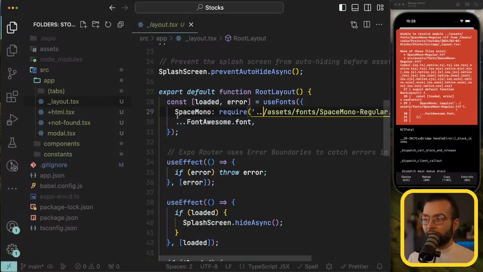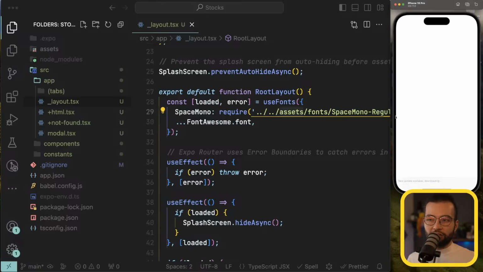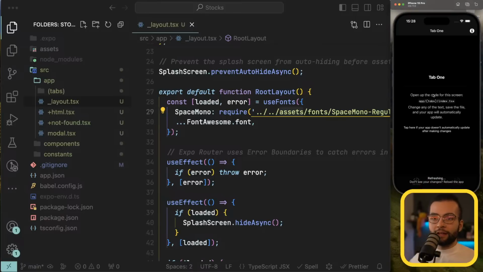The problem is that we moved the application and the source directory, so now our assets are 2 directories up. So what I'm gonna do is, instead of going once in the parent directory, I'm gonna go twice in the parent directory, and only then I'm gonna go into the assets. Now, if I simply reload the application without having to restart anything, we should see everything working as it